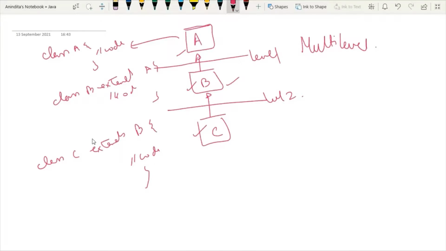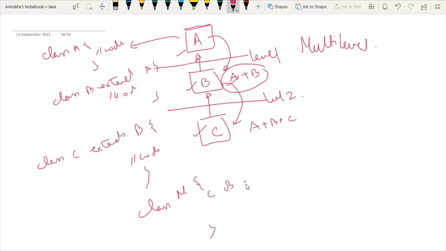It's very simple. Properties of A are copied over here. So here we have the properties of A as well as B. Again, properties of B are copied here. So here we have the properties of A, B and C. So inside the main class, if we just create an object of the lowermost class, then it is enough. So it is simple multi-level inheritance.